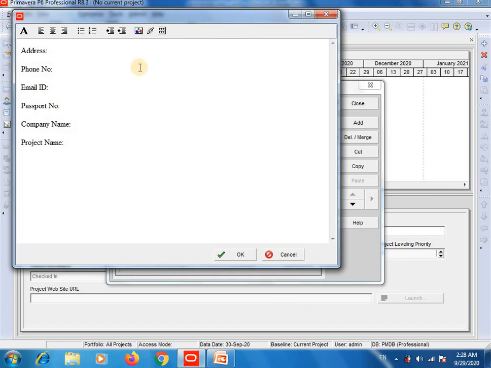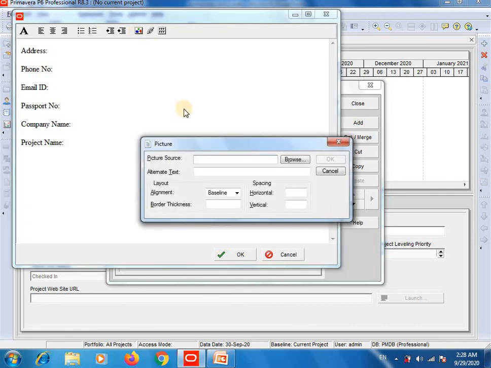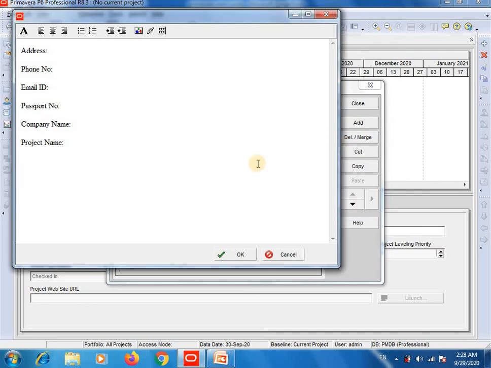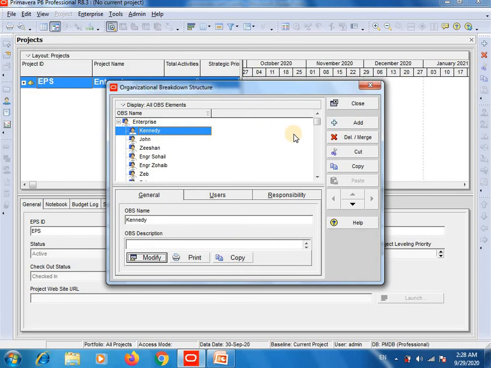And then at the end you will add his picture by clicking on this picture icon. Select a decent picture and insert it. After inserting the picture, click on OK and click on Close.